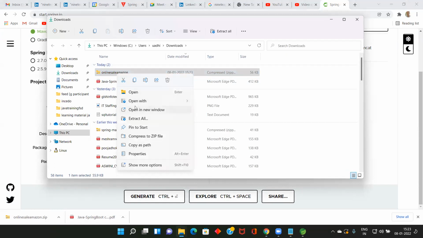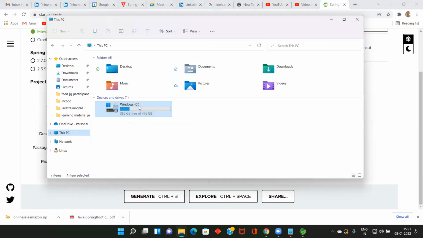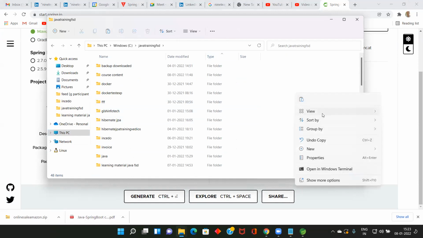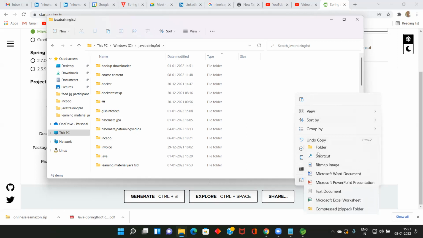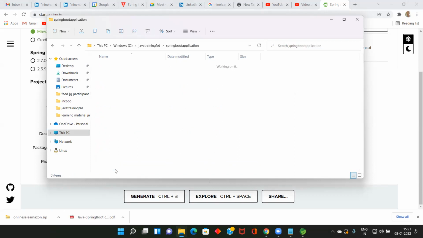Let me copy this one to my C: drive, Java FSD, Spring Boot folder. Any folder, I'm just going to store it here.